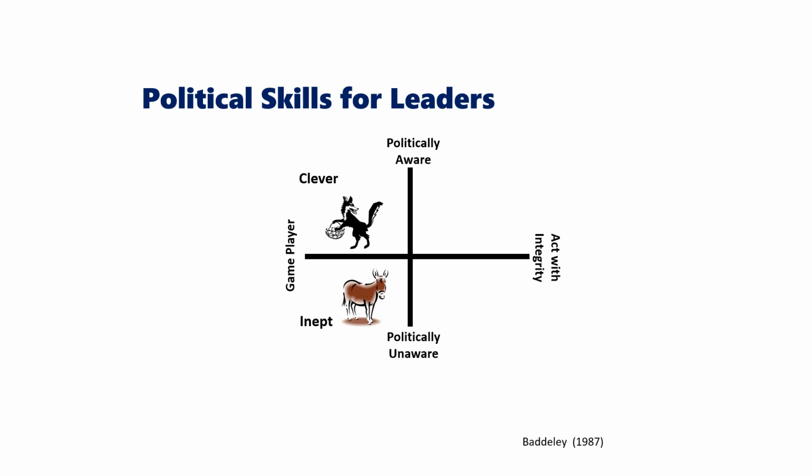So we don't want you to be on the left-hand side of this model. It's not a good place to be. Where we want you is on the right-hand side, and in particular, but not necessarily in the innocent frame. The innocent frame is where you act with integrity, but you're politically unaware. So you're doing what you believe to be right, but you're not really conscious of how your actions are impacting on other people. So the animal that best describes that perhaps is a lamb. So lambs to the slaughter, as they say.